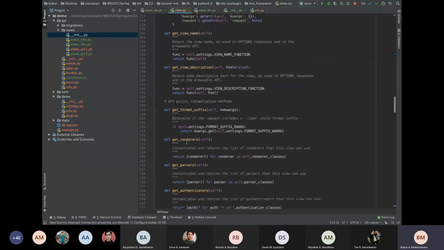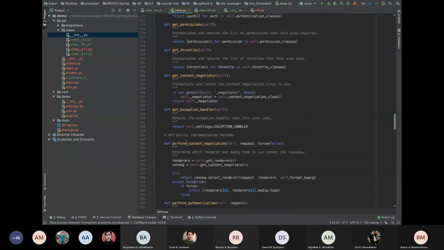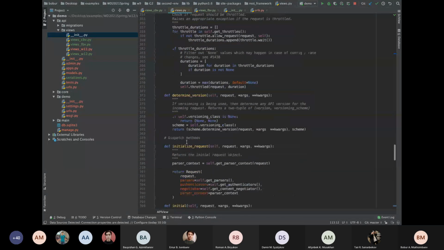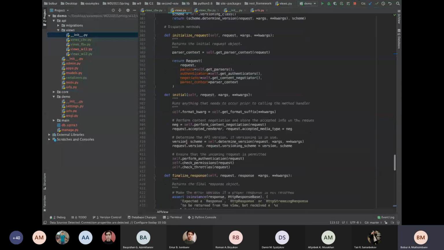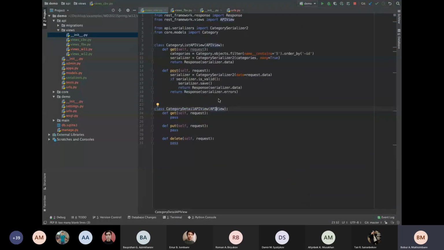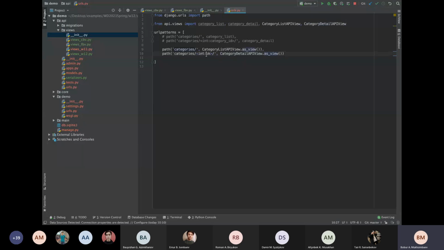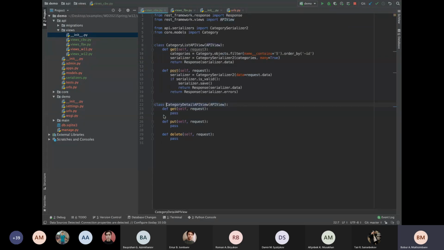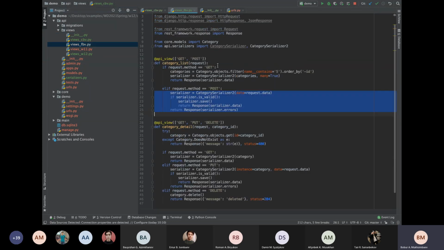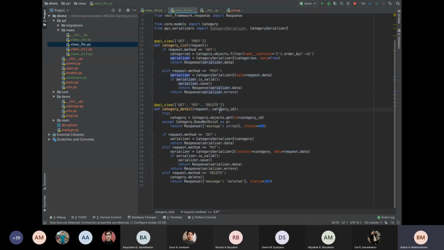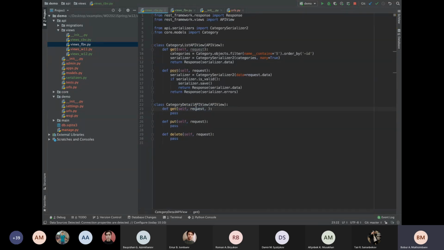So by default, when I'm using the ID of the selected item inside of the detail view, the next argument, as we did inside of the function-based view, the ID of the selected item will be sent to the function after the request object, which means over here, after the request object, I will have the PK